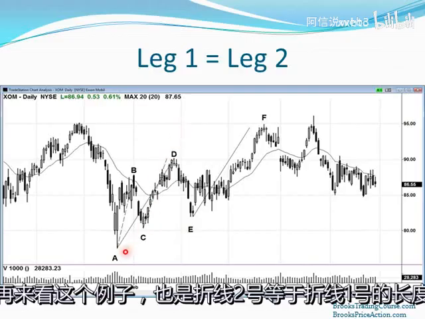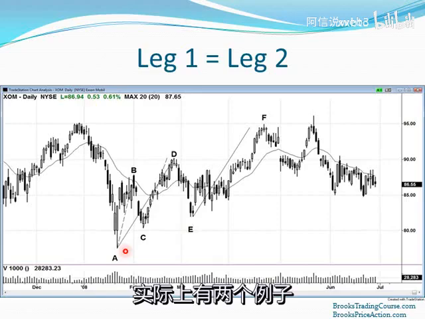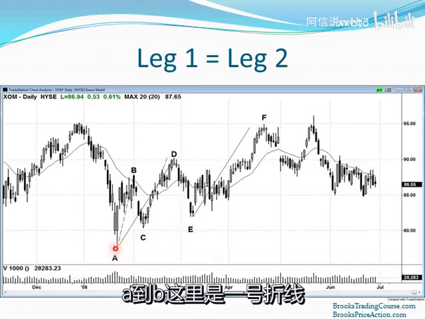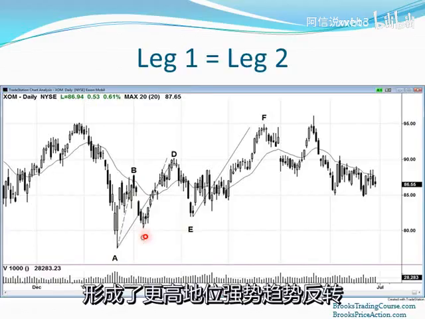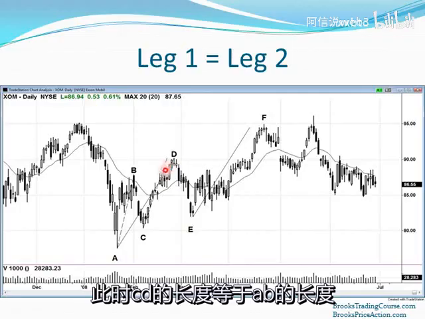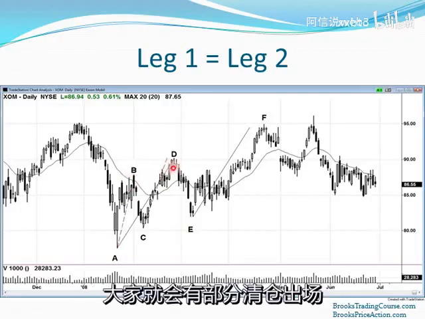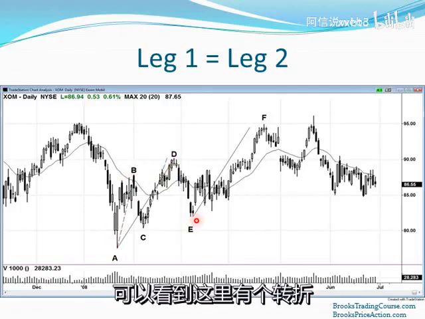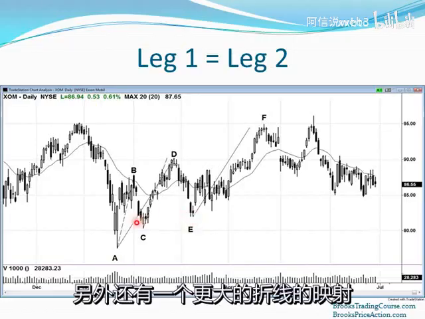Here's another example of a leg one equals leg two move. There are actually two in this picture. So leg one here is A to B. The market pulled back to C, a higher low major trend reversal. And when it reached a move up equal to the height of AB, in other words, when CD became the same size as AB, traders took profits, and this is what happened. Now we have a larger